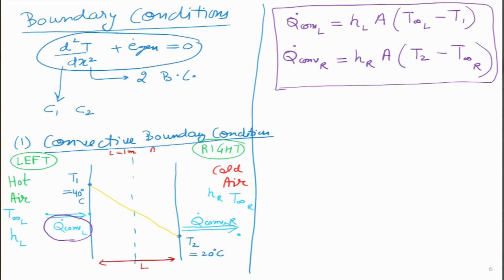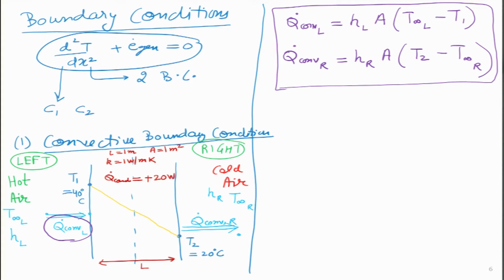Length I have taken as 1 meter, the cross sectional area as 1 meter square, and thermal conductivity I have also taken as 1, in units of watts per meter Kelvin. It turned out that this Q dot conduction value is T1 minus T2, which is 20 degrees, multiplied by K multiplied by A divided by L. So the overall value was simply 20 watts.